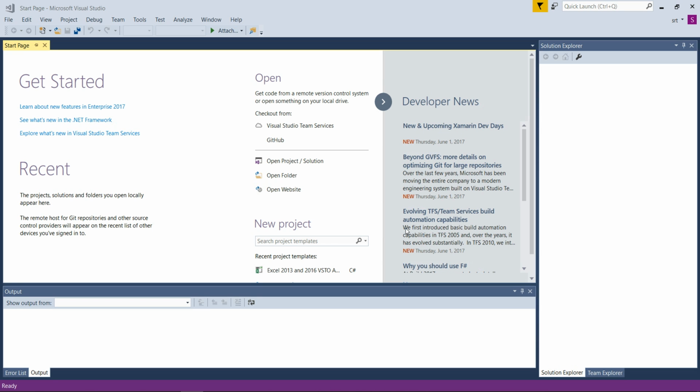VSTO. I am using Visual Studio 2017 Enterprise Edition. But you can use any community edition or 2012 professional. You can't use the free 2012 because the add-ins are not available in that. So we need to first create a project,